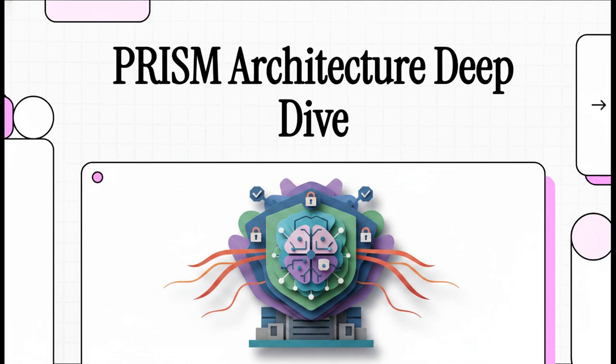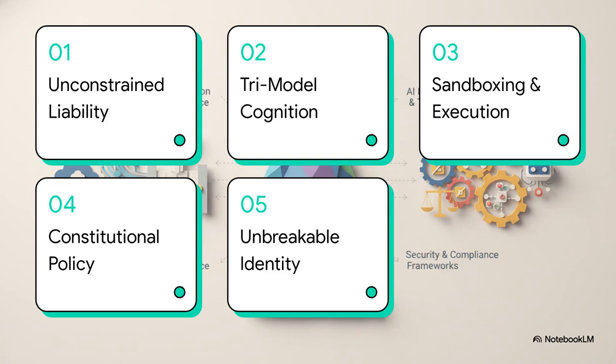We're diving into PRISM, which is a platform that's fundamentally changing how enterprises actually deploy artificial intelligence in the real world. We're talking about a completely paradigm-shifting, governance-native, agentic-as-a-service runtime. Basically, it's an architecture built from the ground up specifically for enterprise C-suites who are, and rightfully so, deeply concerned about AI liability. Okay, let's dive right into this.